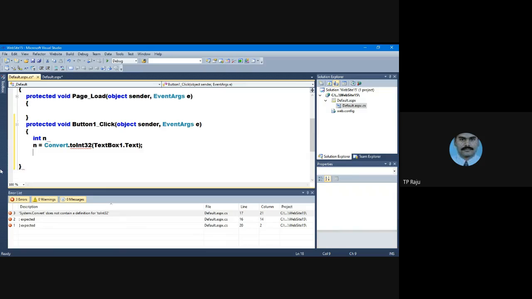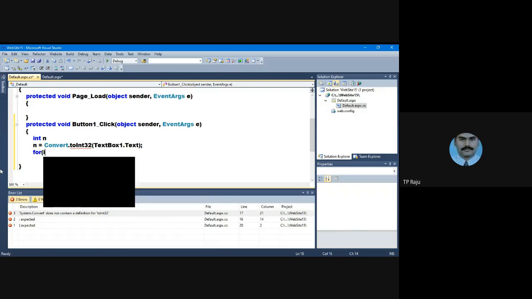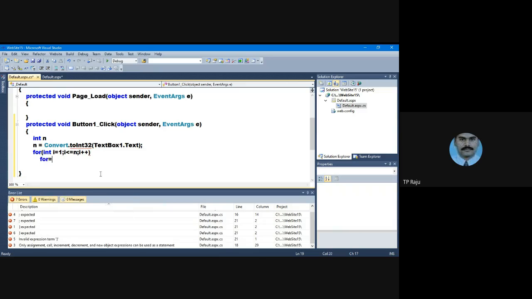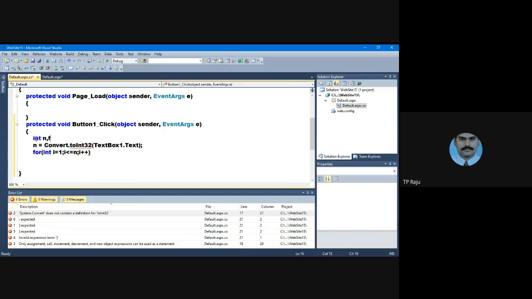Next we develop the for loop: for int i equal to 1, i less than or equal to n, i plus plus. We declare the variable with the name f also. Initially that f has the value 1.